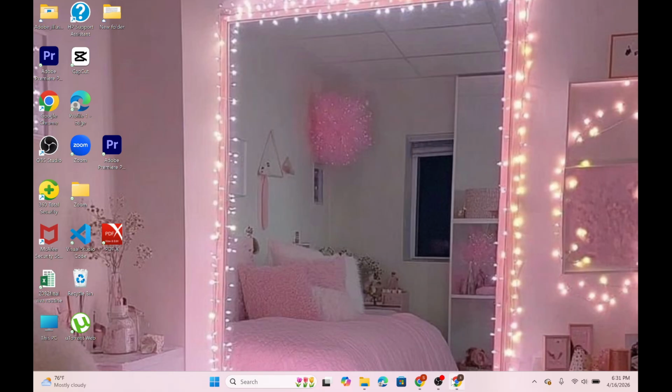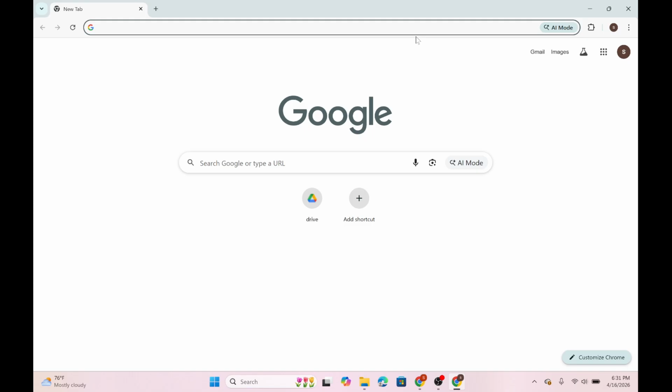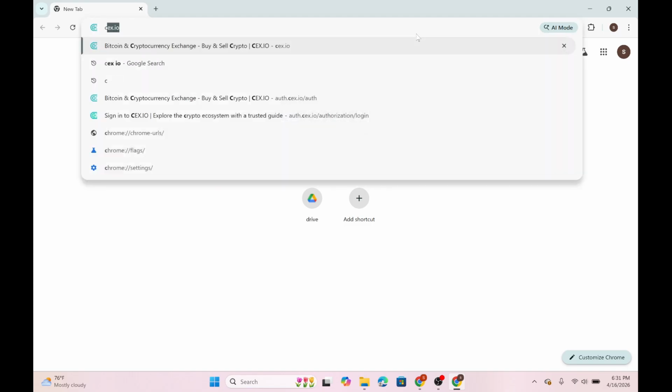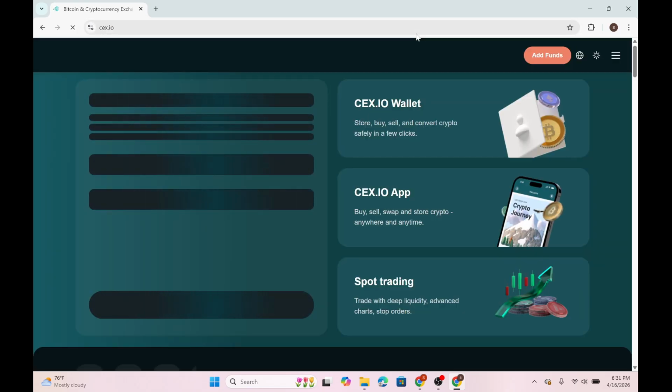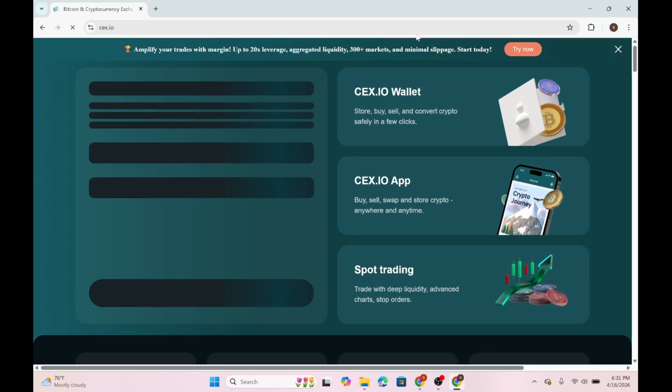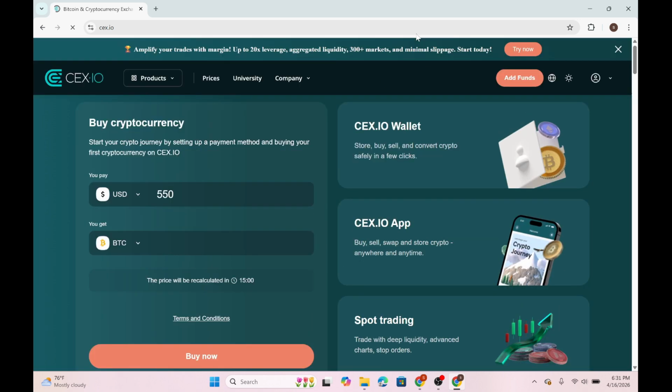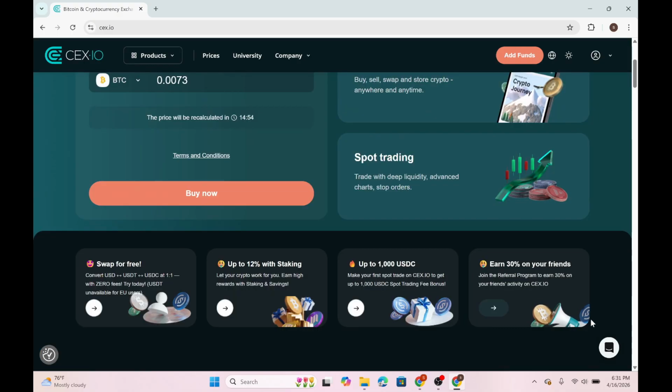So first, open any web browser you prefer. At the top there's an address bar, type in cex.io and press enter. Make sure you are on the official cex.io website and also log into your account if you have not already. Now once you get into this interface of cex.io, you'll find this icon here